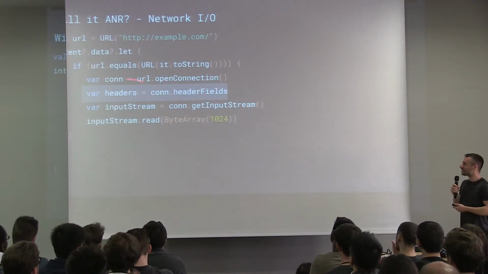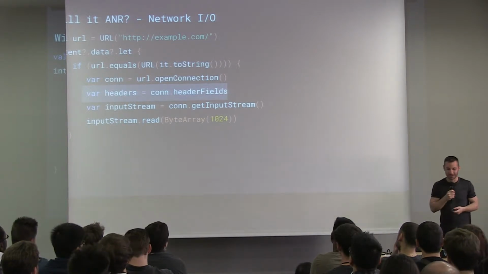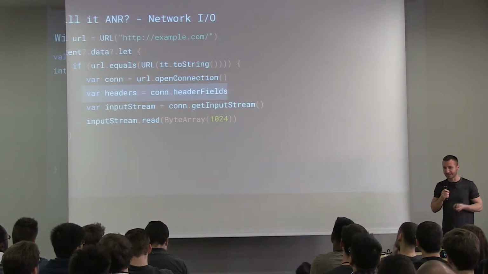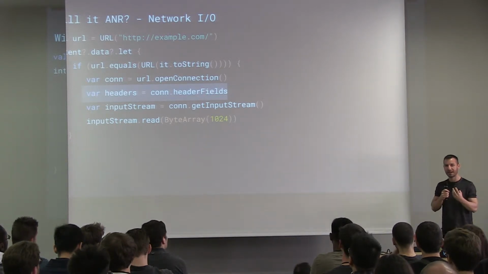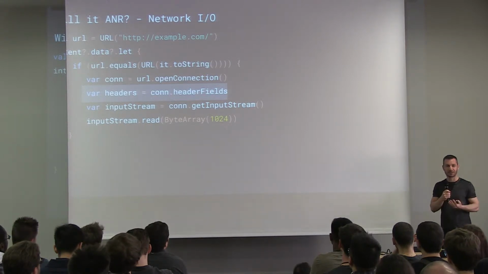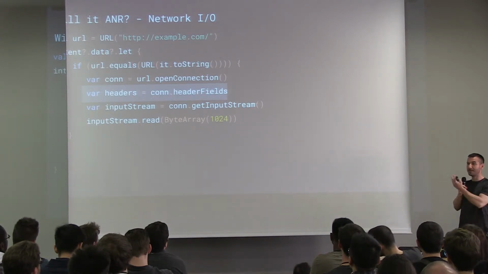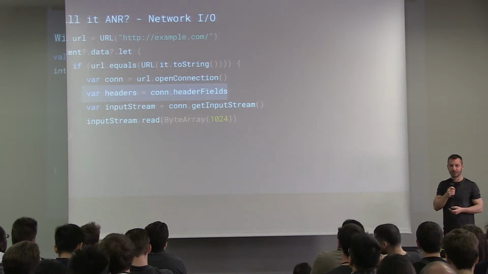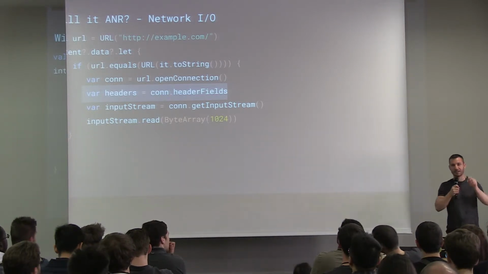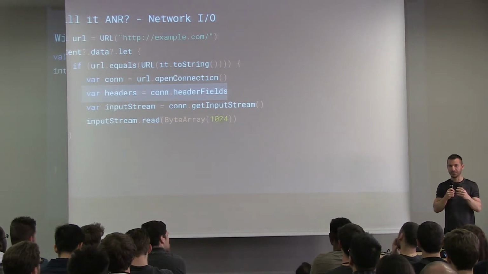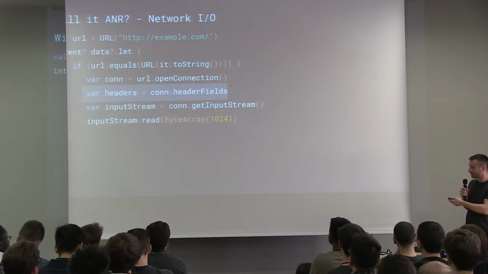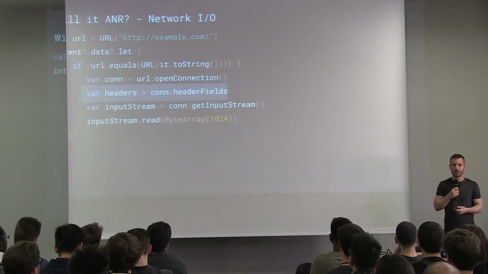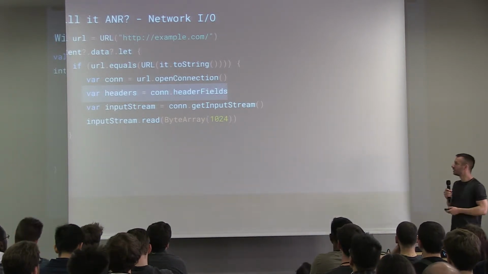Because of the peculiarities of HTTP URL connection on Java and Android, it's only when you actually want to access some information that will come with the request and response headers, well, you have to connect to the server to get the response headers. The moment I call the get header fields method on the connection, it'll actually connect, get those header fields, and let me use them. Open connection doesn't actually open a connection. If I didn't have the header fields, it's probably the get input stream that would actually open it once I'm ready to read. But you know what?